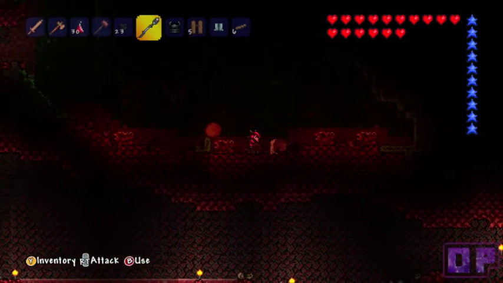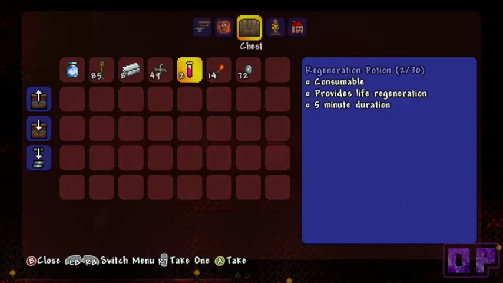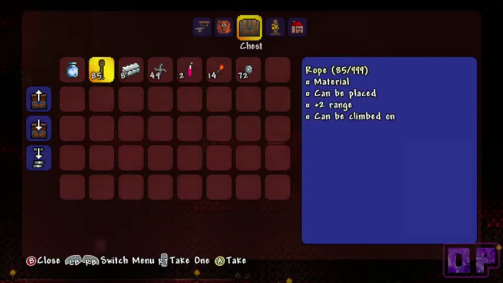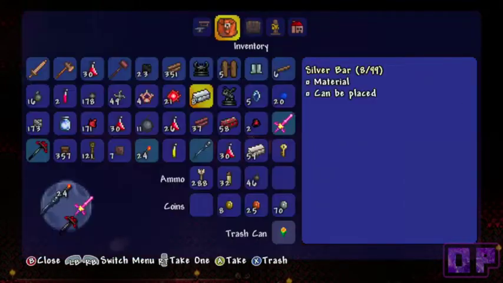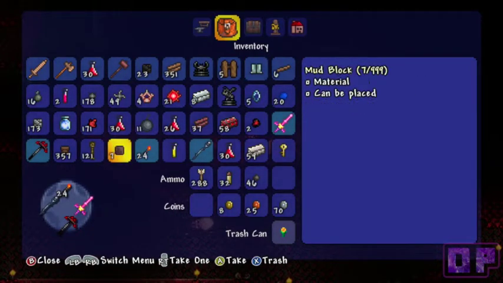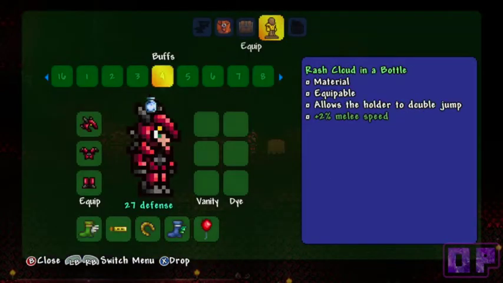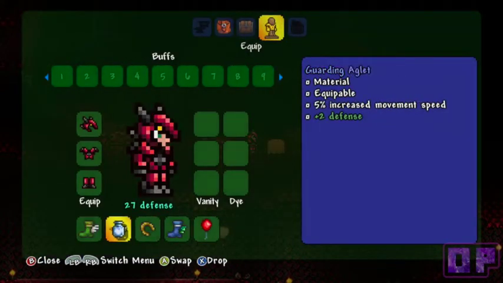So, drum roll please. Oh, we've got a rash cloud in a bottle, a regeneration potion, all kinds of bits of bats. So I'm going to take all of that. And then, because I don't actually want them, I'm going to put the rope back, because I'm not going to use it. I'm going to equip the cloud in the bottle, and I'm going to use that to replace